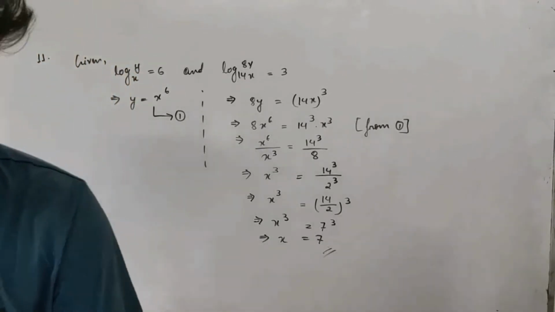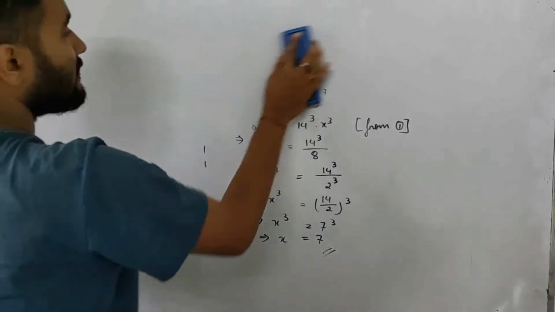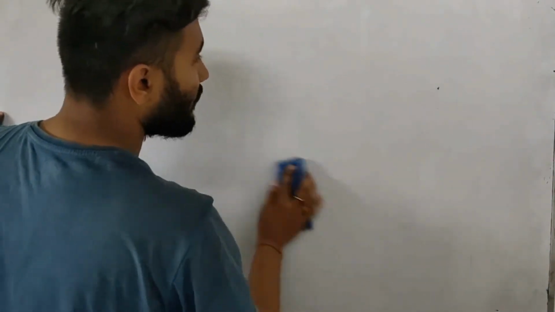Then find the value of log a. So find the value of a. Sorry, same type of question. In place of x and y, what is there? A and b is there. So